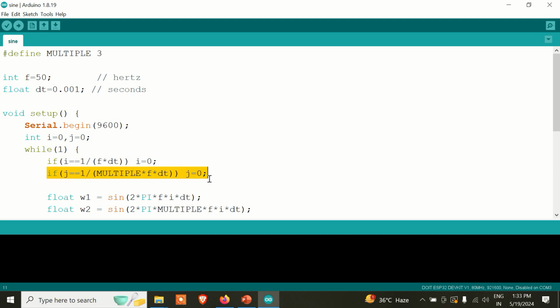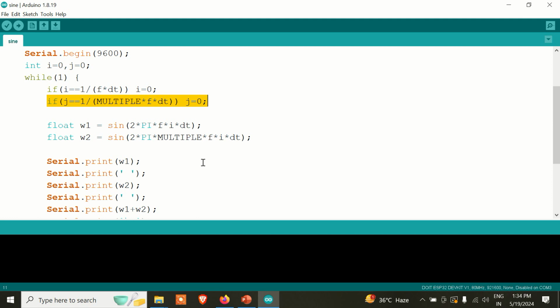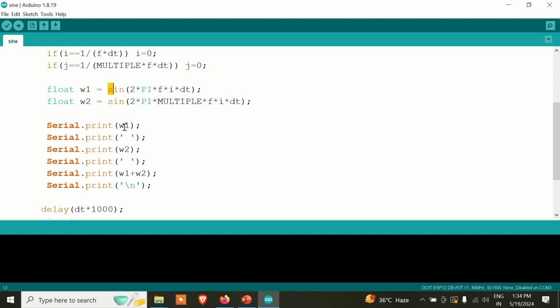That means if you generated 50 hertz of fundamental signal, then the next signal generated is 150 hertz frequency. So W1 is fundamental signal, W2 is three times of the fundamental signal of the sine function, and display fundamental signal. That the addition of fundamental plus third harmonic,